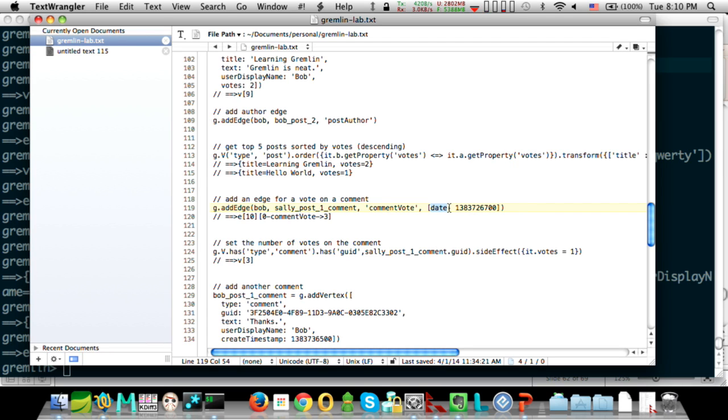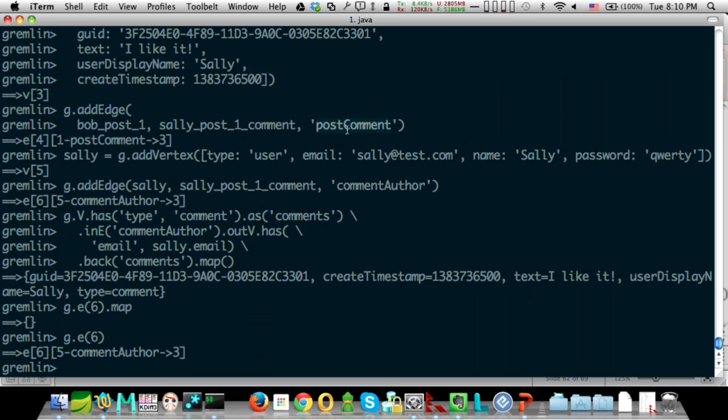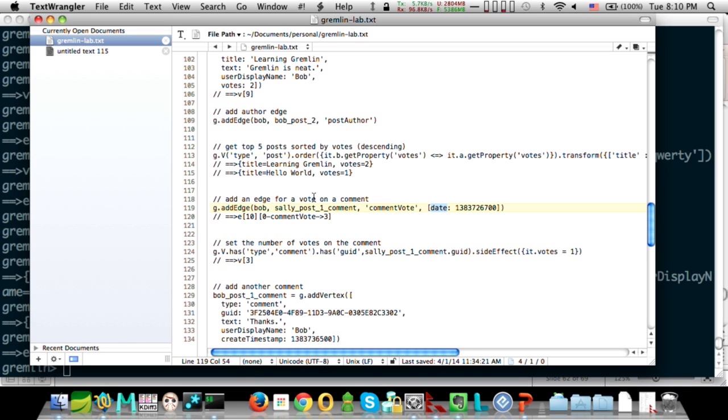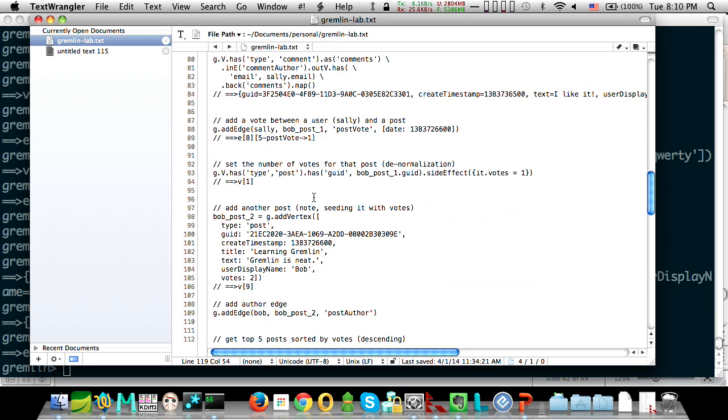So the comment vote is really the type of vote, like the third attribute in that? Yeah, the type of edge. Yep. And then you can add all sorts of properties, and you can add it right up front when you create it, and then also you could add it if you were querying and traversing the graph. You could be adding things as you're traversing. Thank you. Yep. All right. So let's see. Where were we?